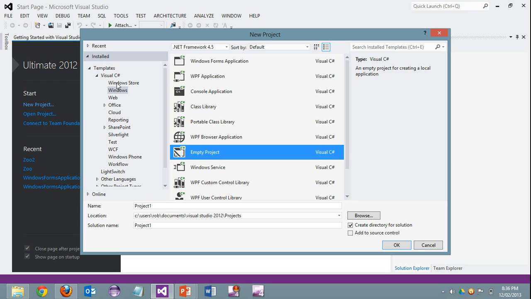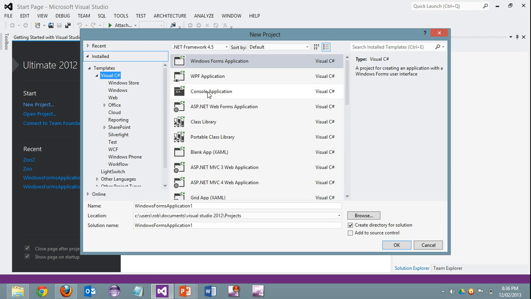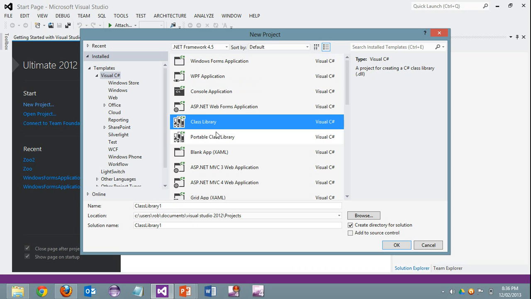Well, maybe Empty Project isn't, well, I guess it is still a template, but all of these are templates, and basically what they do is save you cutting a lot of code just to get up and running when you want to create a different type of project. We'll definitely be doing a Windows Form. I'm not going to do a console app. I'm sure you've seen it before. That's normally the Hello World type of application that you'll create. I'm going to create a class library, so it'll create some boilerplate